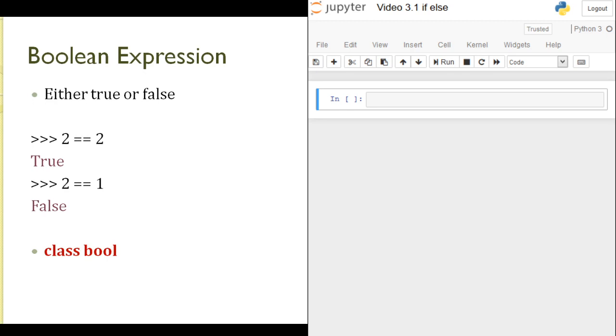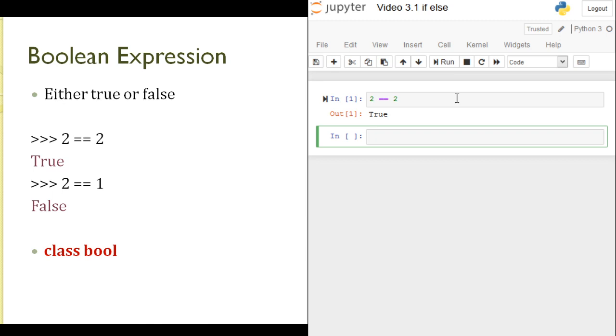In Python, there is one more thing, the Boolean expression. What does it mean? When we are talking about Boolean, it means either true or false. Only two things are possible. That's why the name is Boolean. By default, things are known in the form of true. Take an example. When I show a value like 2, the answer is true. Here, true is by default a Boolean keyword, not a string.